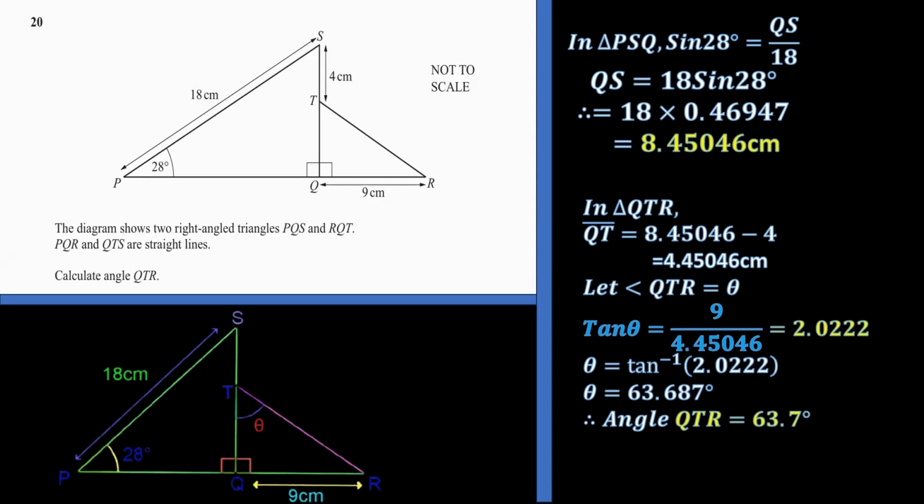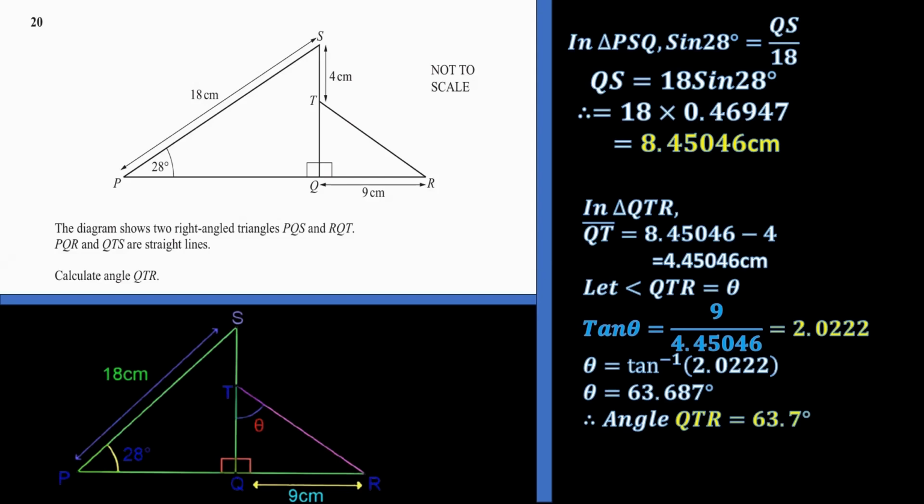QS, there is a value. We have already found it to be 8.45046. So I can get QT. And QT is the opposite of that smaller right angle triangle. And so that gives 4.45046 centimeters. And we have said that let angle QTR, the angle that we are required to calculate, let it